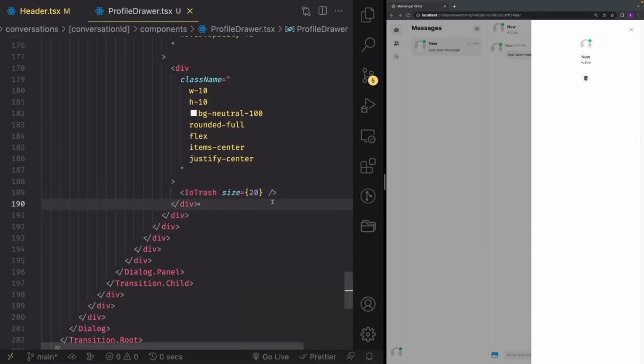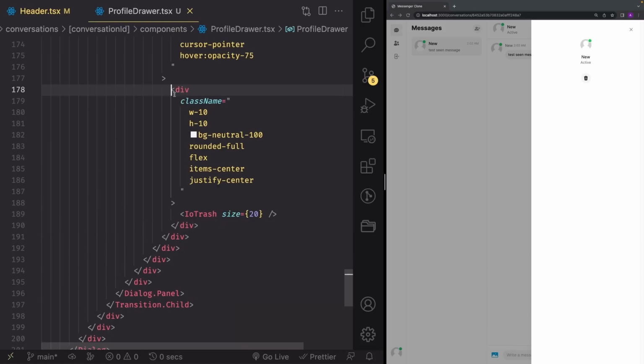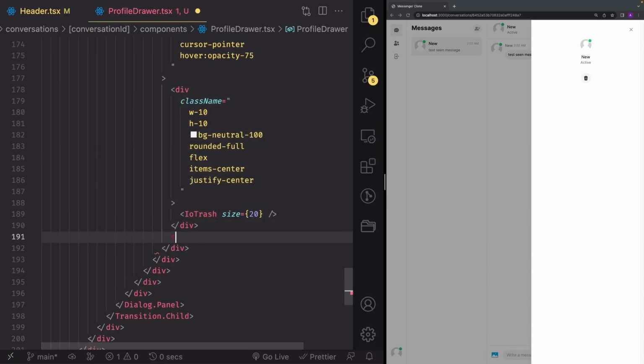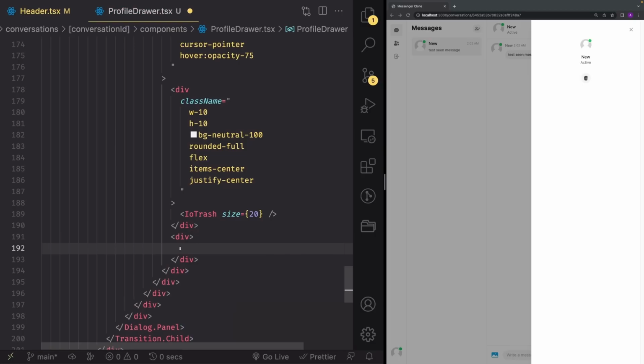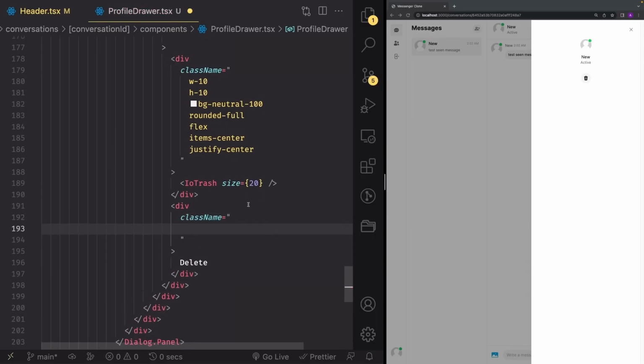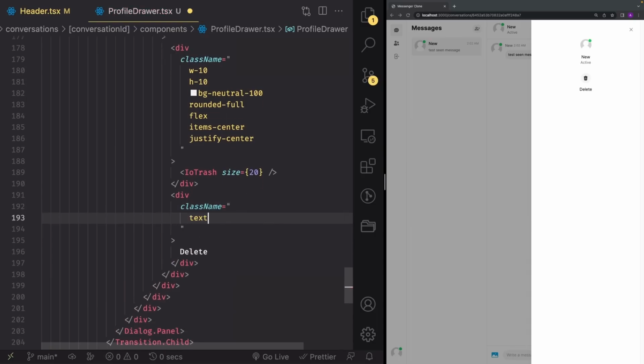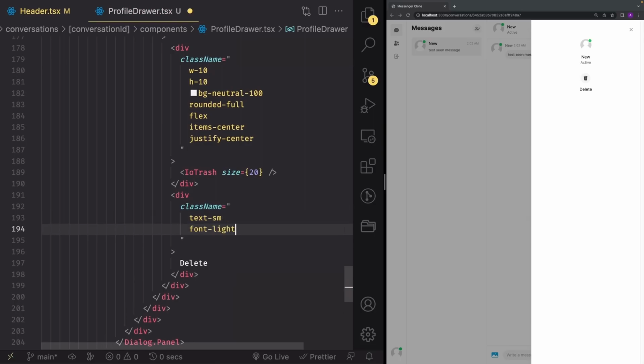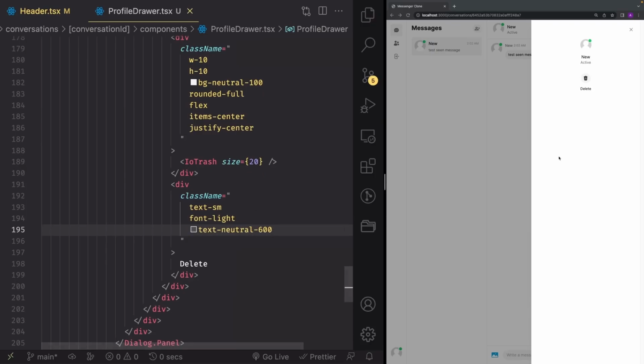And now I just want to give it a text. So outside of this div right here, create another div like this and give it a text of delete like that. And we're going to give this text some class names so it looks just a bit better. So I'm going to give it a class name of text-sm, font-light, and text-neutral-600 like this. And this is going to make it just a little bit muted. Great. So there we go. We have our text right here. And you can see when I hover,